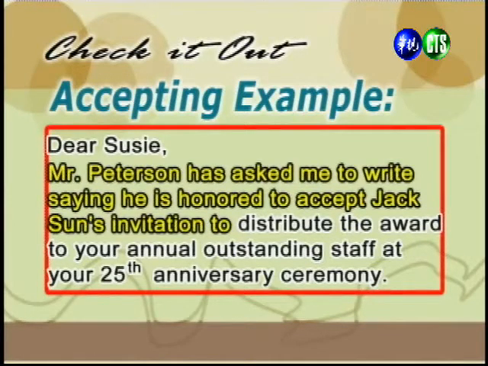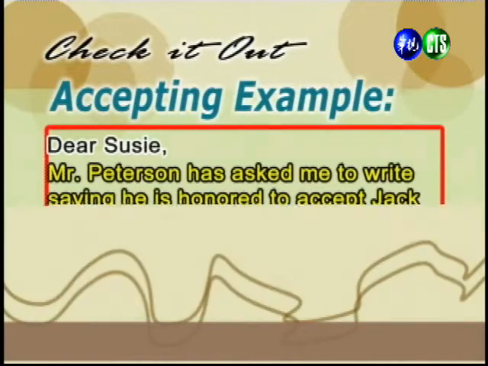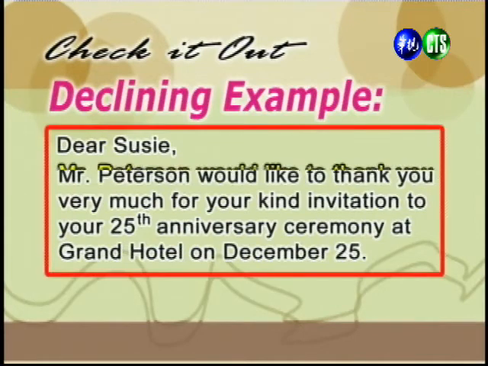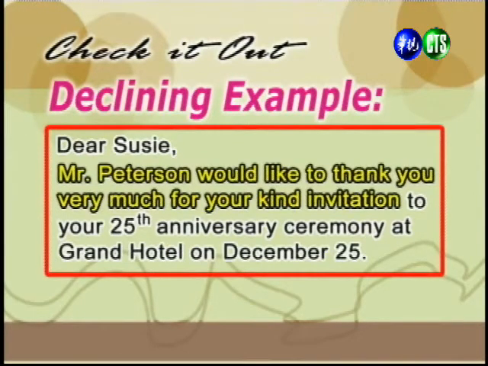你看他怎么说？他说 Mr. Peterson has asked me to write saying he's honored to accept Jackson's invitation. OK，他一开始就是表示感谢。这个是一个回应邀请信的最好的开始，就是谢谢人家，这是 accepting 的 example。我们来看 declining 的 example 怎么说？declining 他用了 Mr. Peterson would like to thank you very much for your kind invitation。同学们，你注意到了，不管是接受人家的邀请，或者是拒绝，你都是从谢谢人家的邀请开始，表示你的谢意。